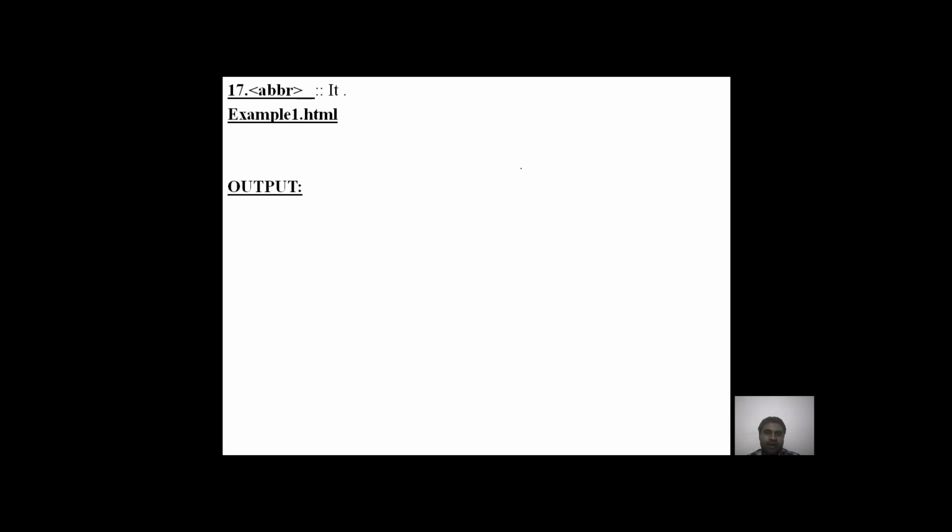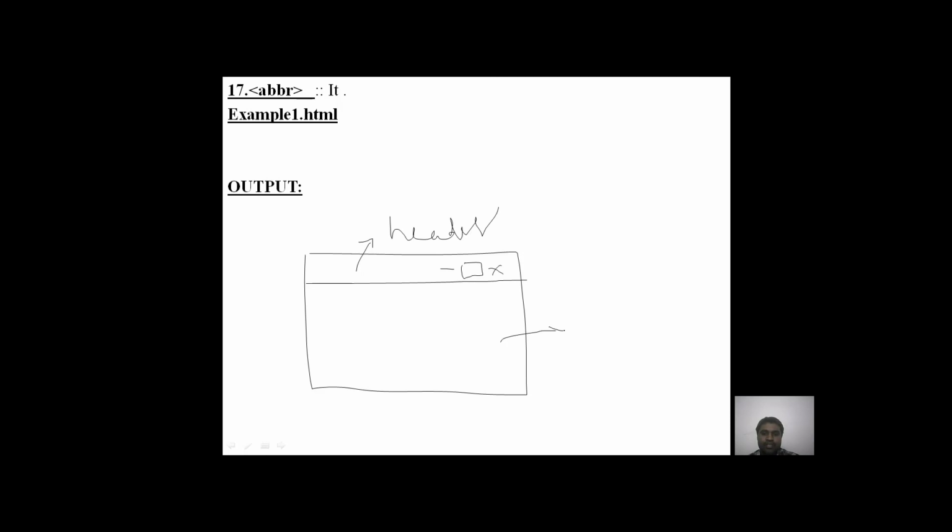So ABBR, this is a basic HTML tag. It displays abbreviated text. Let us say, for example, this is an output page. The output page should be displayed with a window which contains a header section and a body section. In the body section I have to display a text like this, Dr. Ravi.